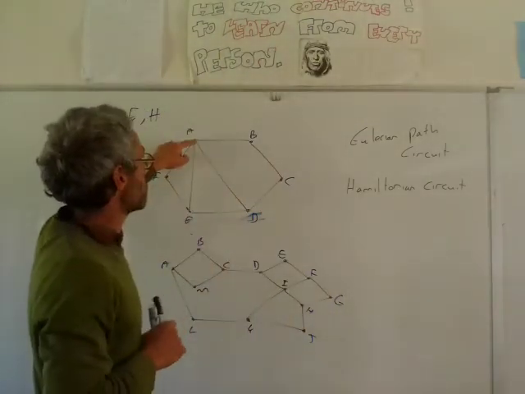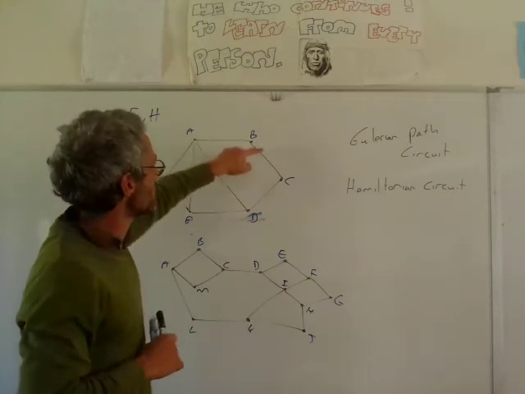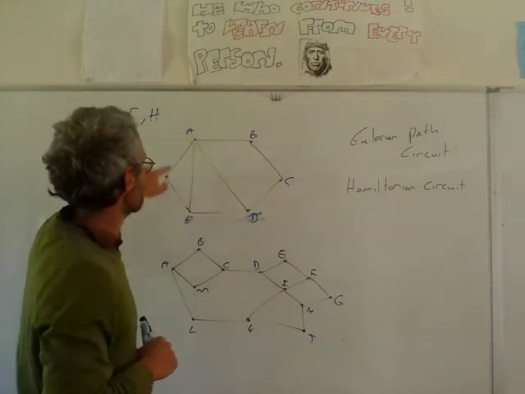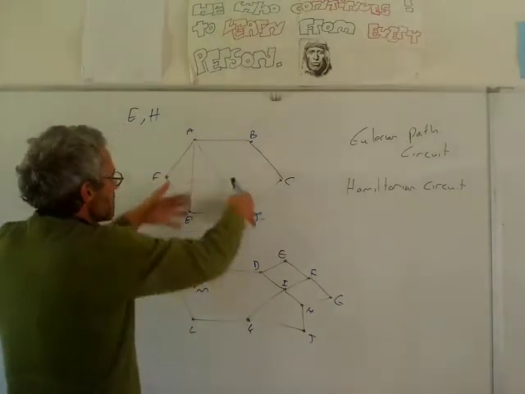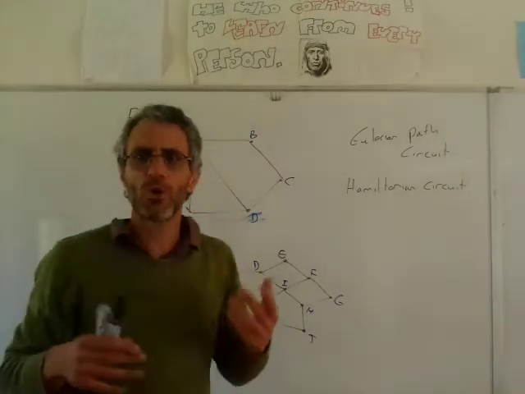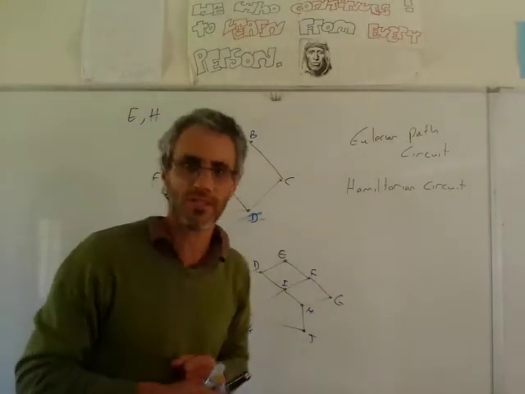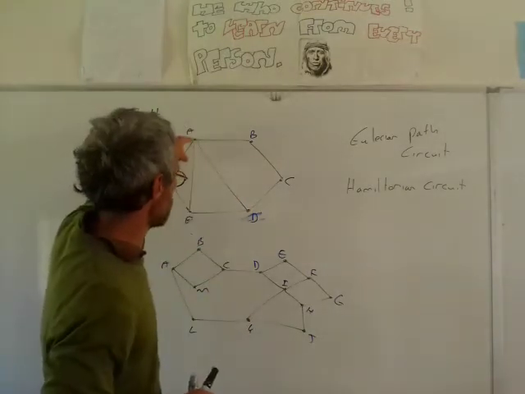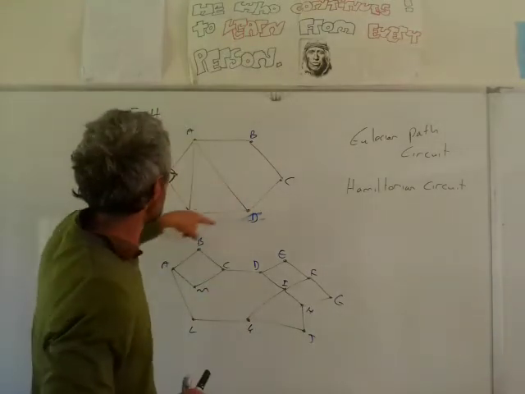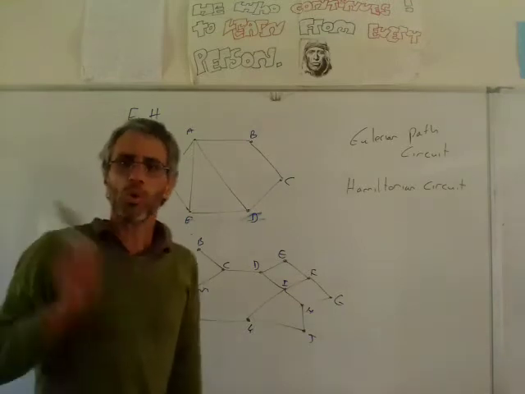So a Hamiltonian circuit, for example, could be A to B to C to D to E to F, back to A. I don't have to use all these edges. It's not about edges. Hamiltonian is about hotels, about vertices. So definitely there is a Hamiltonian circuit: A, B, C, D, E, F, A. What about